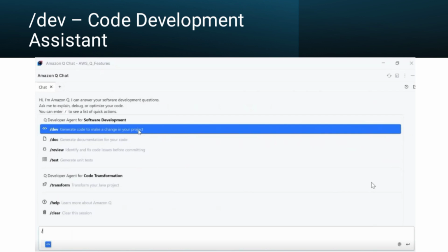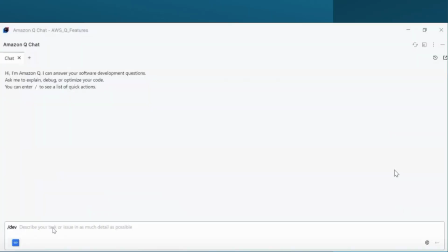And the next feature is the test, which is automated test case generation, which analyzes code and generates JUnit, ensuring higher test coverage as well. Moving to the next feature, that is transform. This is for code and framework migration purposes. Upgrade projects from older versions to new versions. For example, we can easily migrate the whole project from Java 17 to Java 21 with the help of this feature, transform. And the final feature is